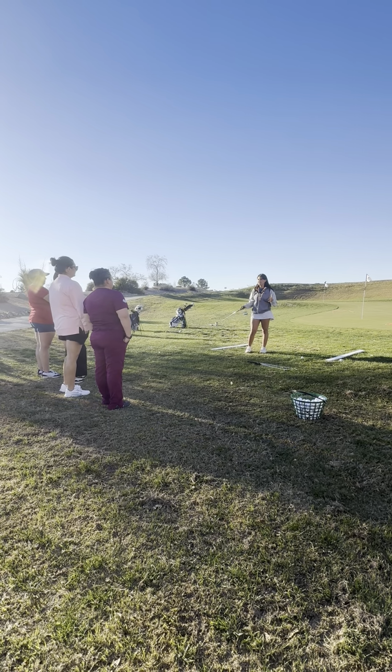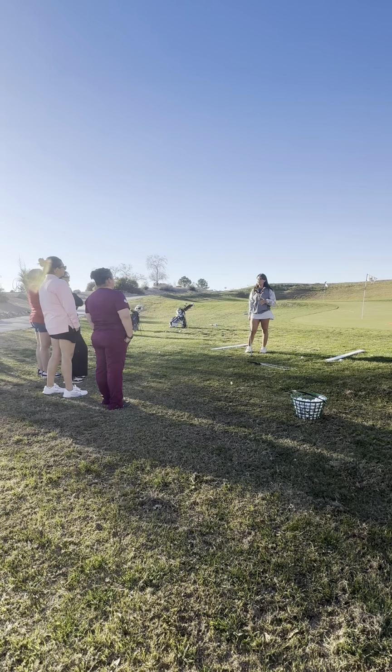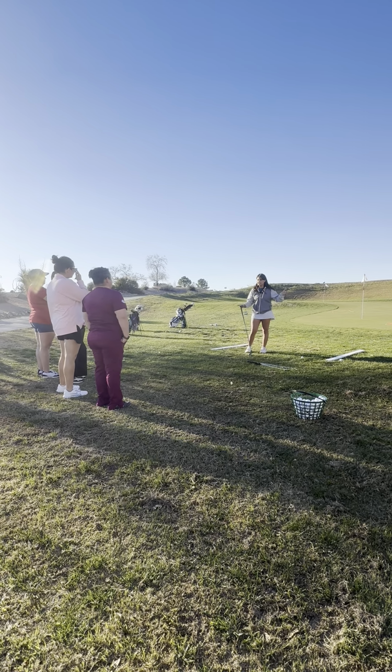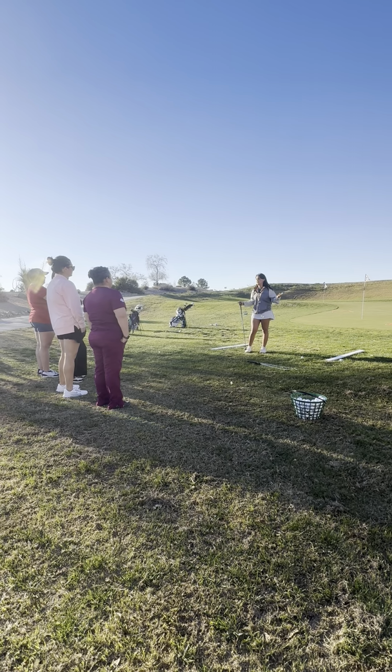Does anybody have any questions? So at each station we're going to hit about 2 golf balls, or I put baskets on each one since there's only 4 of you guys today. We can all go to each station and I'll walk around. You guys can